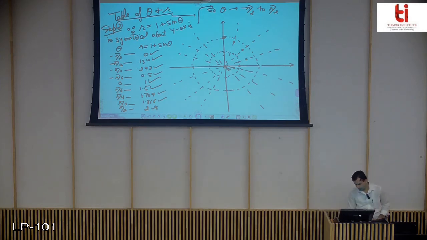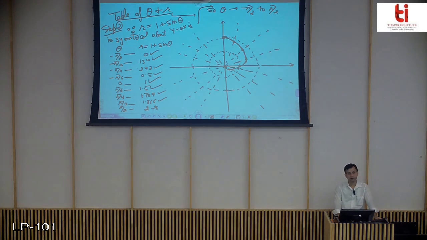So these are the points we got using the table of r and theta. Now let us join these points with a rough hand and see what shape we get. Okay, we got this shape. Let me just make it a little bit more correct. So this is the shape of the polar curve r equals 1 plus sin theta that we obtained using the values of r and theta from the table.